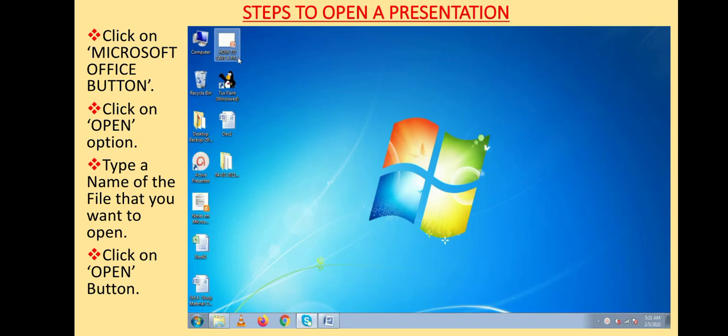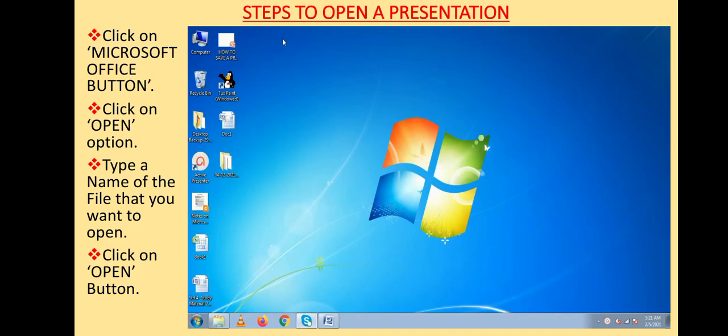Steps to open a presentation. Once you have saved your presentation, you can open it by following different methods. One of the methods is to go to the location where you have saved your presentation.